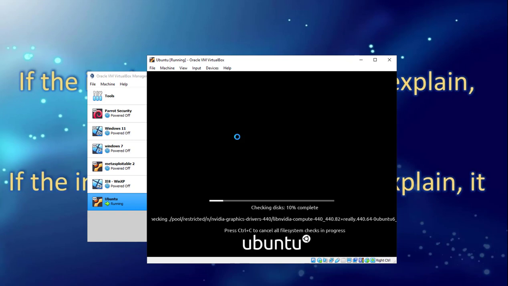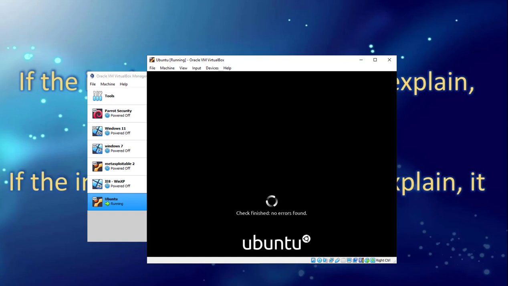It is checking whether there are any errors present in the ISO file. If any errors are there, it will show us. If no errors are there, you can go for the installation. If any errors are there, you can also do the installation process, but there are chances that installation may get aborted. In my case, I don't have any errors, so it is forwarding to the installation procedure.